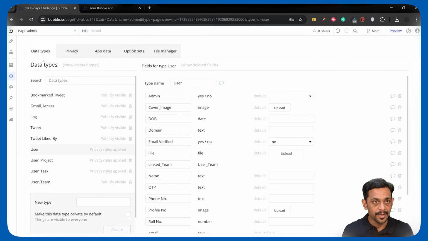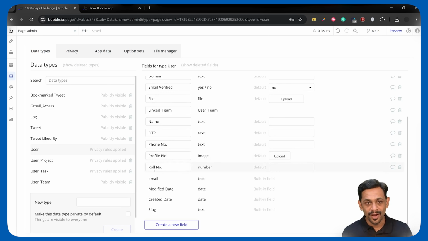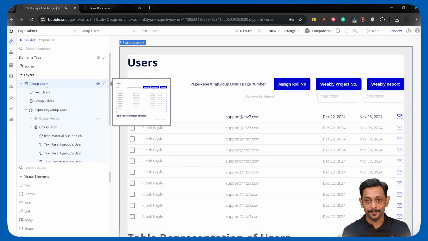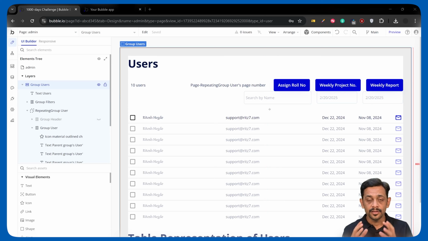But in the database, we have an admin yes or no field, a cover image, date of birth, domain, email verified, file, linked team, name, OTP, phone number, profile pic, reference number. And if the privacy policy allows, all of these details will be sent to the front end. So every single character that we are fetching from the Bubble server onto the front end will consume workload units. And that's why we have to